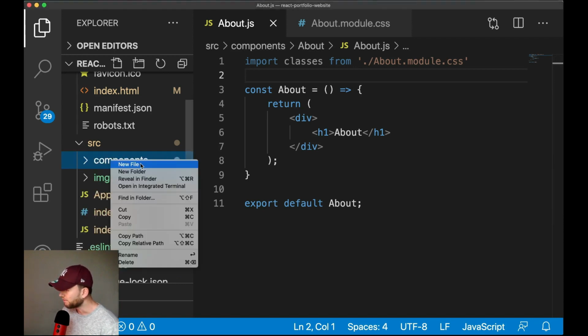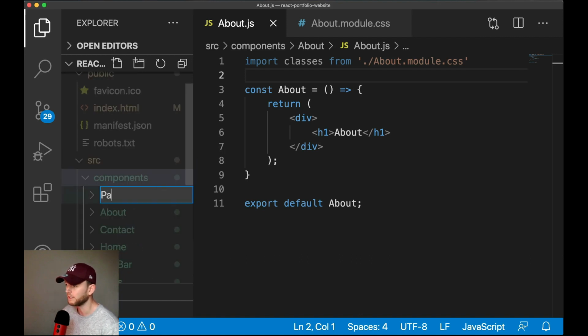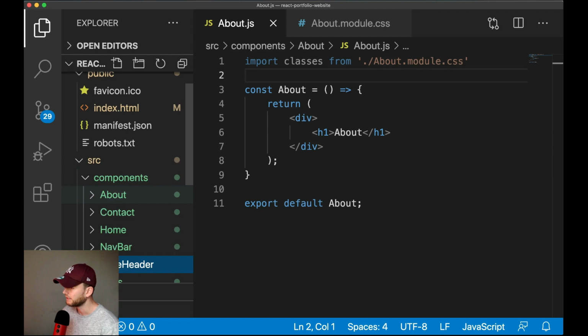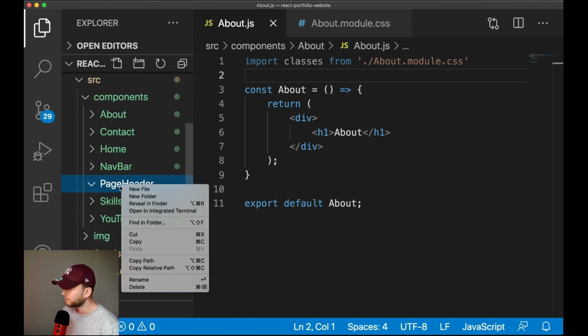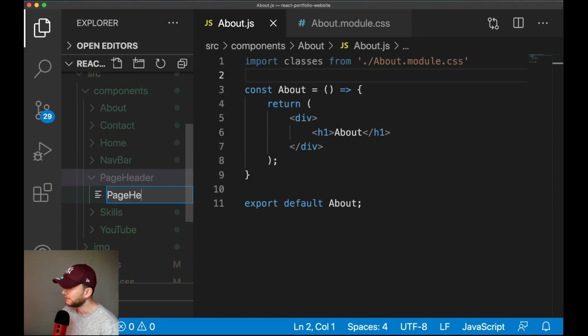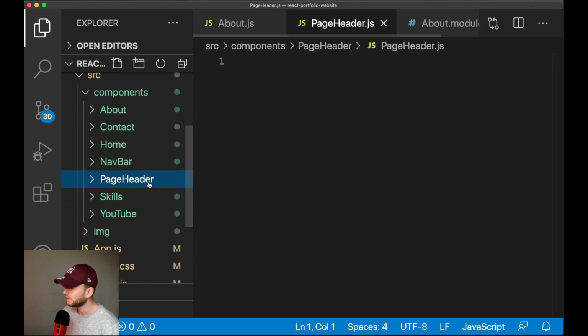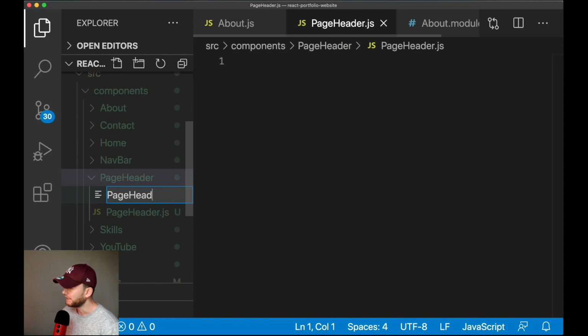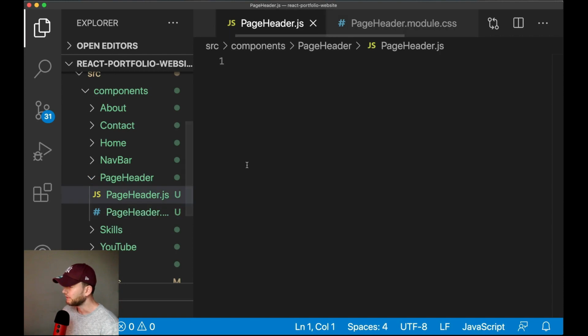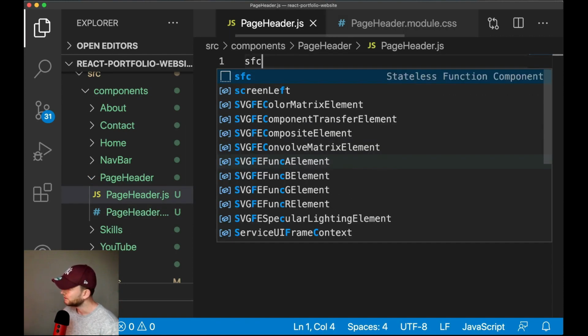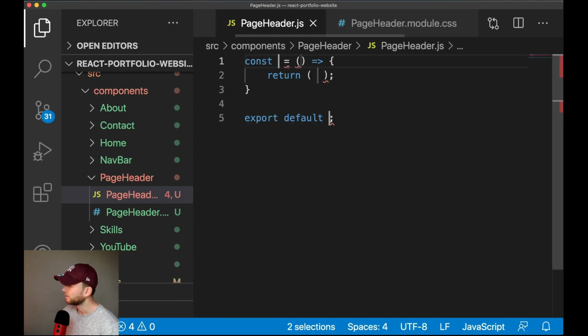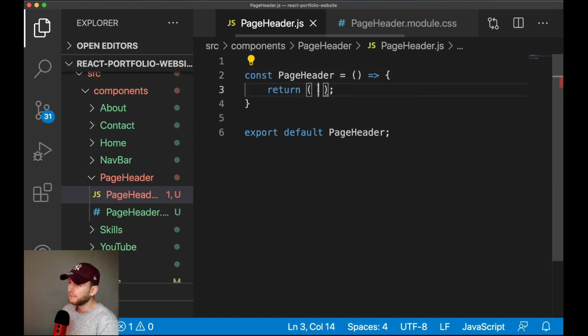We will create another folder inside this components folder, and we call it page header. And we will give it a page header.js file and a page header.module.css. Now then we do sfc, so we can create a stateless function component. We give it the name page header,